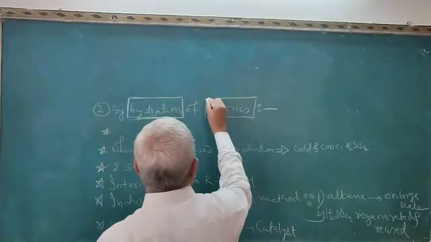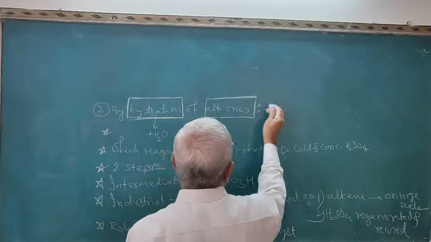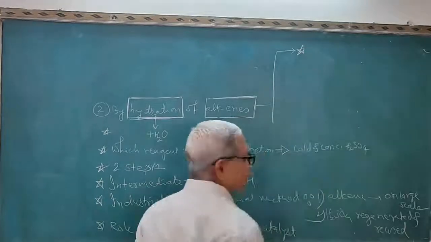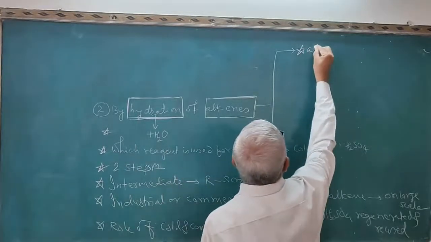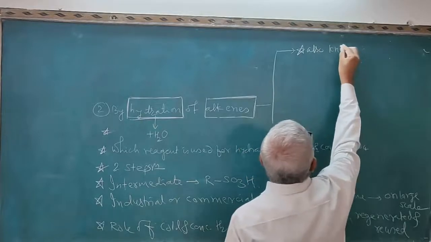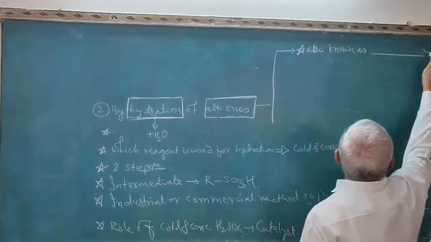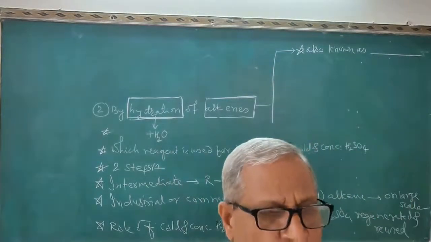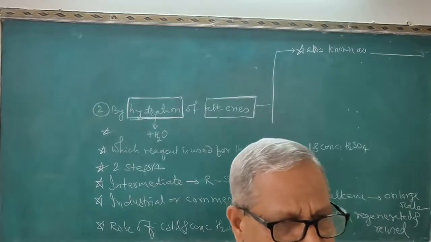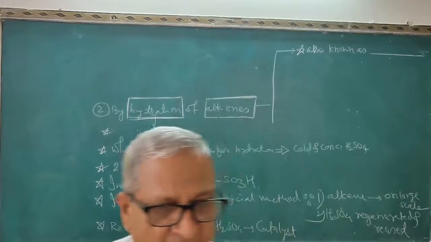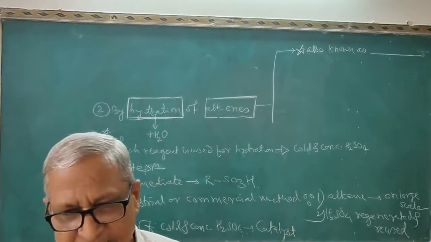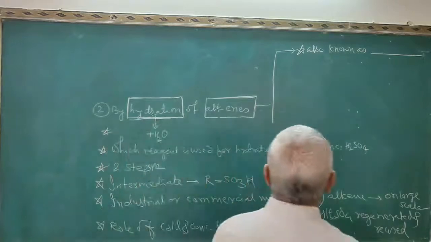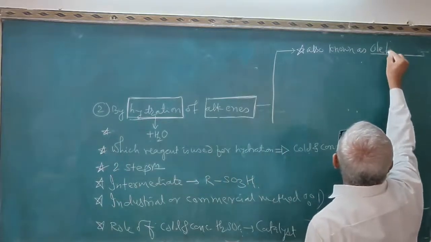Now I will state the important questions on alkenes. See the first question on alkene. Alkenes are also known as dash dash. This is the important question, and there is always confusion between the two terms. Two options will be given in your question paper: one is olefin and the second is paraffin. Select the correct one. This is known as olefin.